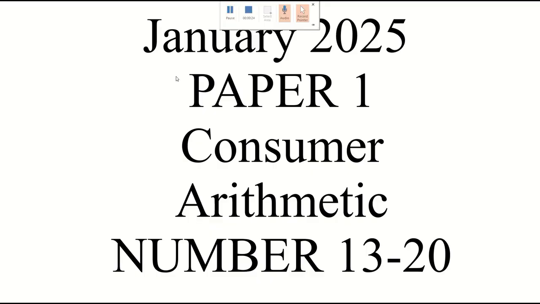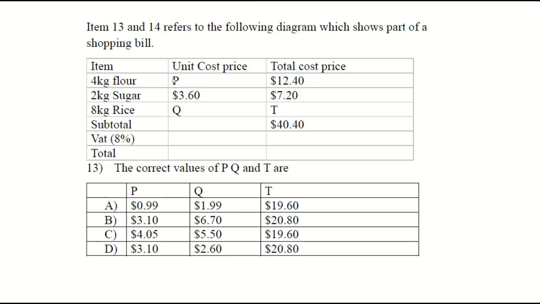Okay. So the first question is, items 13 and 14 refer to the following diagram which shows part of a shopping bill. So they said 4 kilograms of flour. We have the item, the unit cost. Unit cost means it costs per kilogram or per whatever, right? The total price, cost price, right? So if they say 4 kilograms,